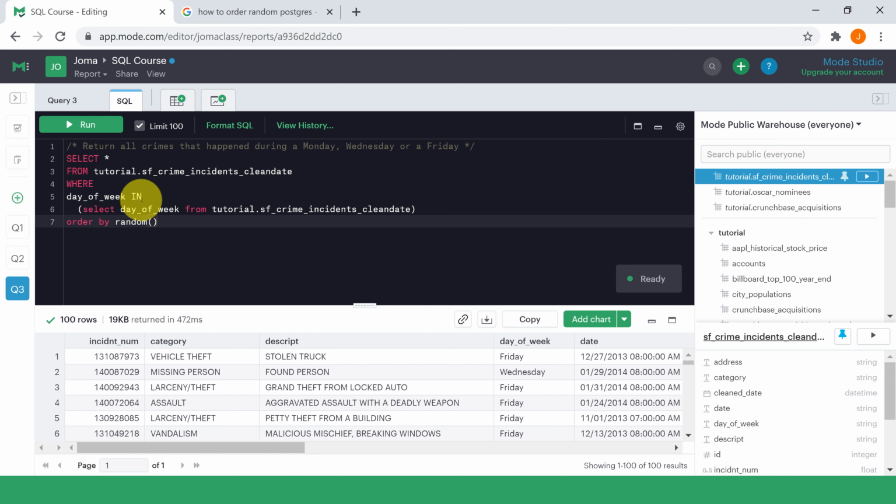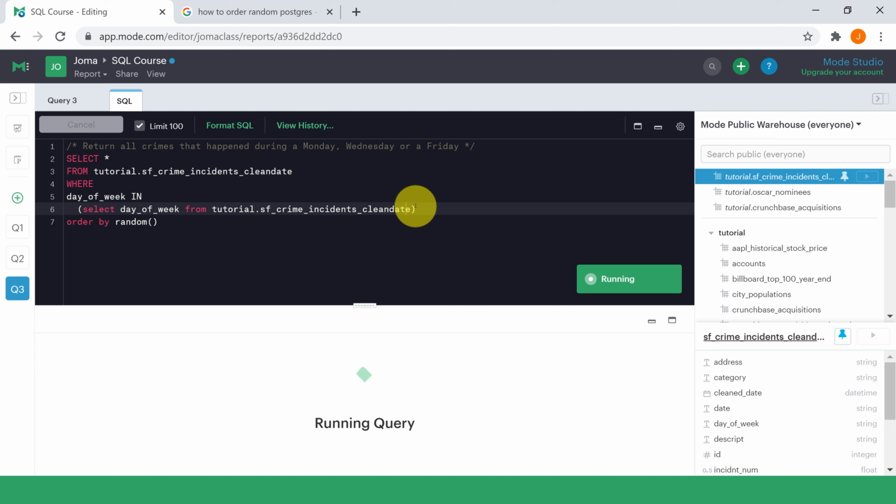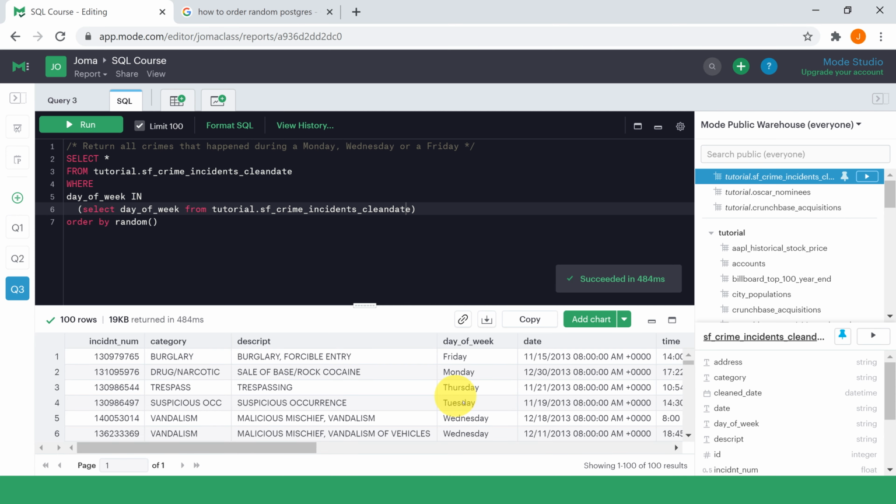So what if sometimes you can't list them all, but you have to use a query to get all of them? So for example, if I run this, then I get some values. Day of the week is basically every day because I am querying for the day of the week from this table. However, if I limit this table